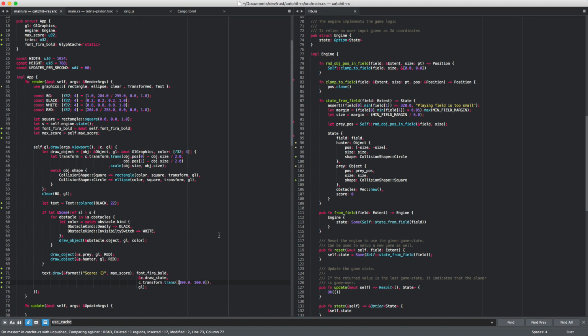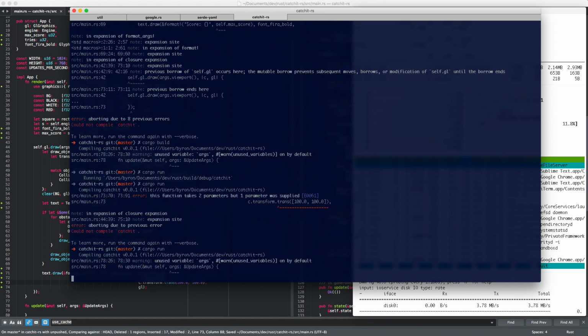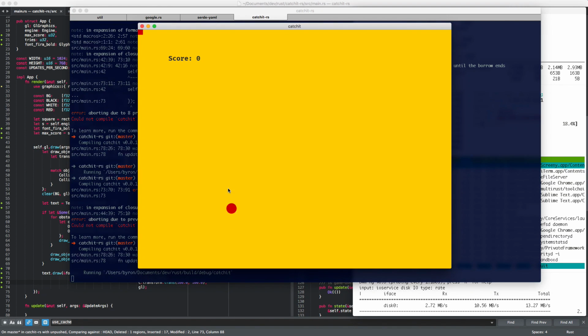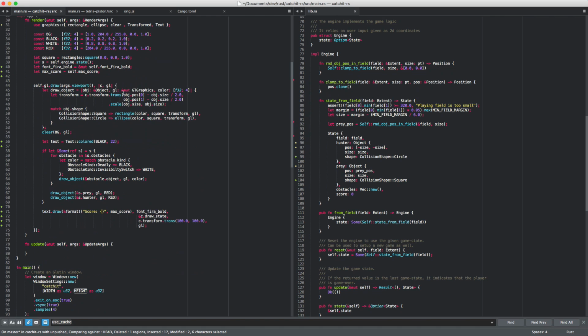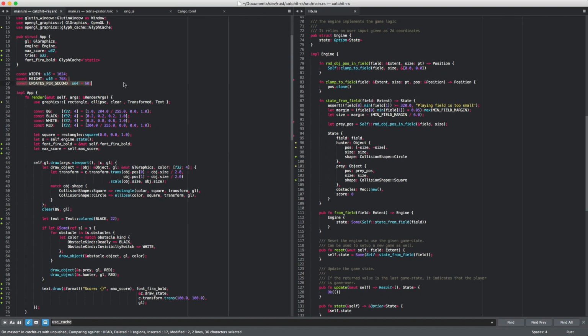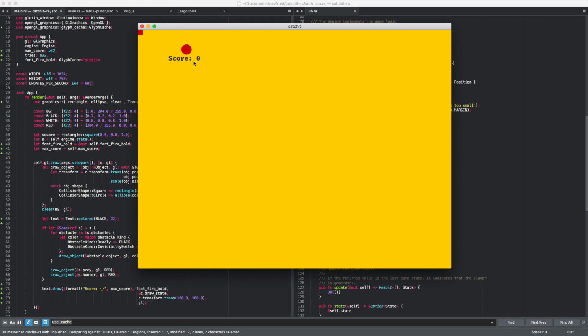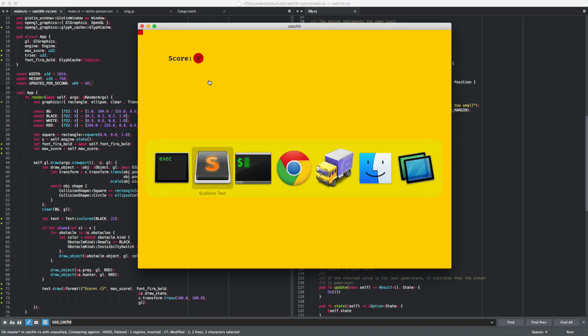Oh yeah, true. It takes X and Y separately. Fair enough. Yay! There's the score. Cool. Something works. Okay, so now I just need space. So what about taking the width and height, then adding some space for the text? I don't know how big that is, by the way, how I should translate 22 points into